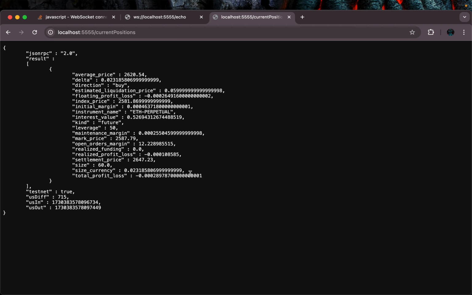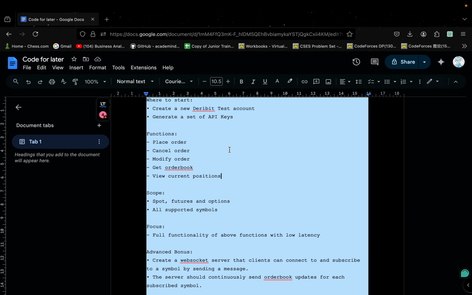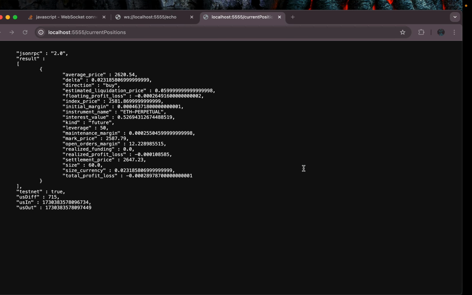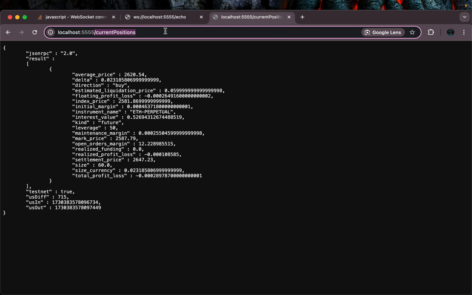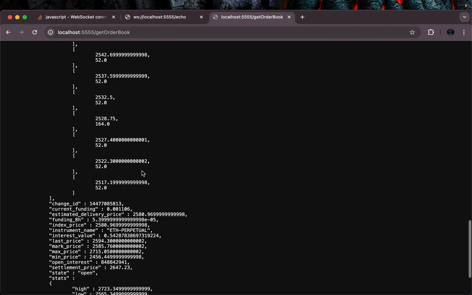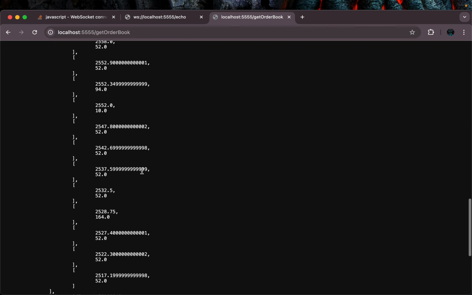Total profit and loss, we are in loss, sadly. Now we have seen positions, next get order book. Yes, we will see the order book of Ethereum perpetual. Here is the order book. These are asks, and